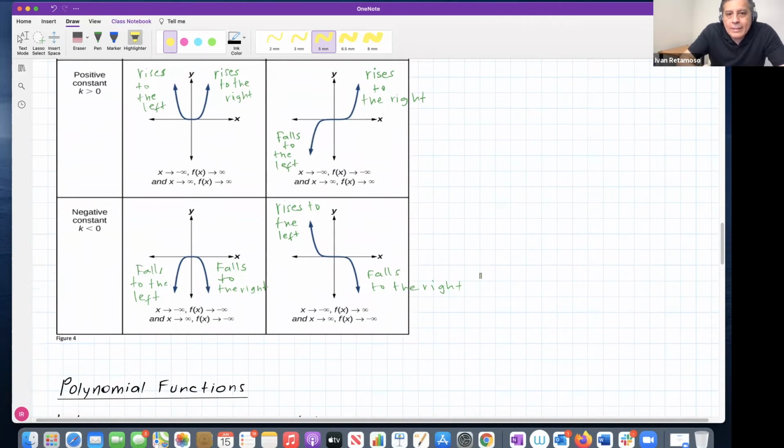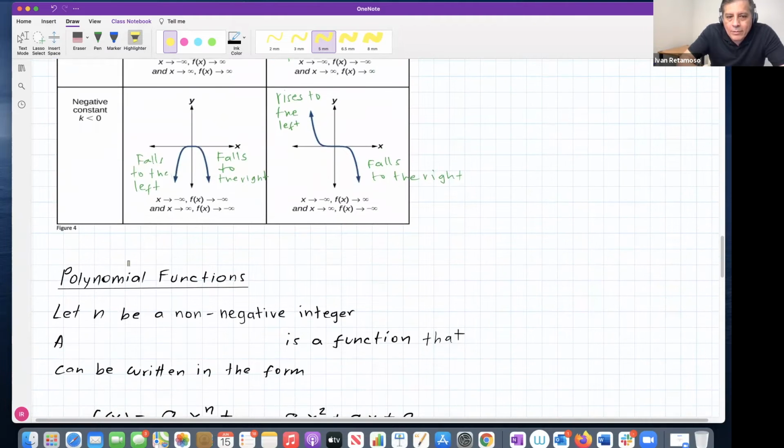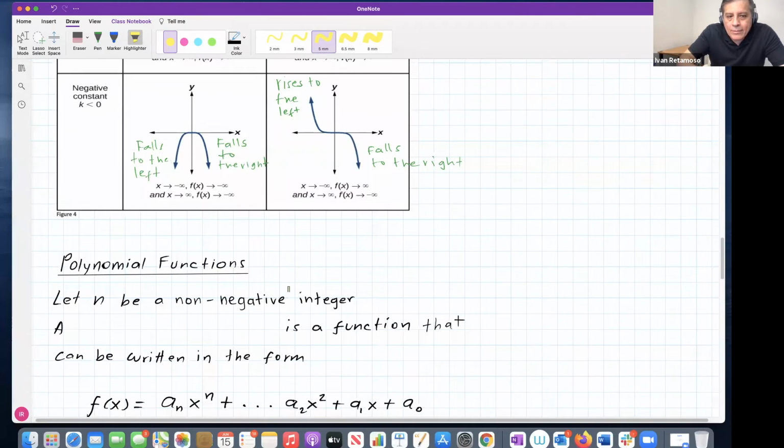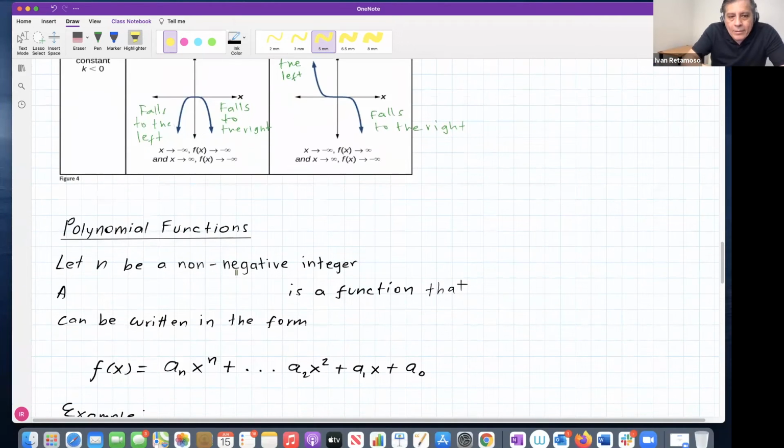Okay, guys, so these are called power functions. But now our goal is to work with polynomial functions. So what is a polynomial function? Let's define it so we can go over some exercises. A polynomial function is defined as follows. Let n be a non-negative integer, some whole number. A polynomial function,